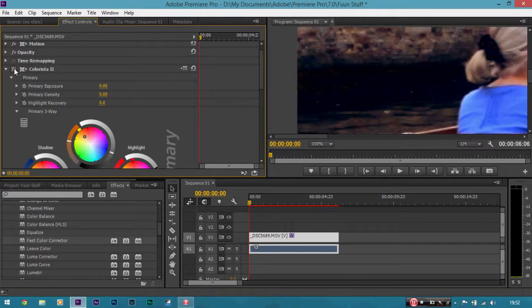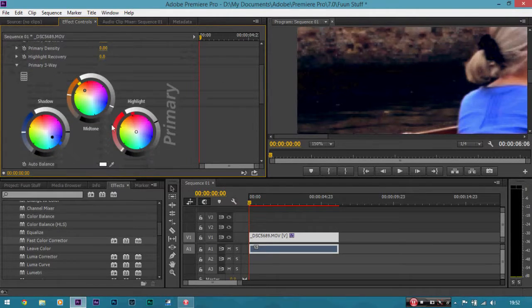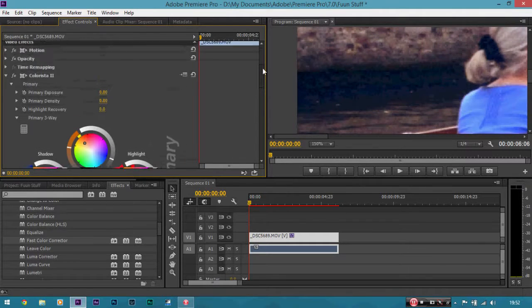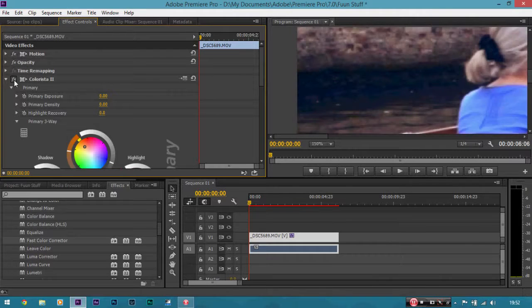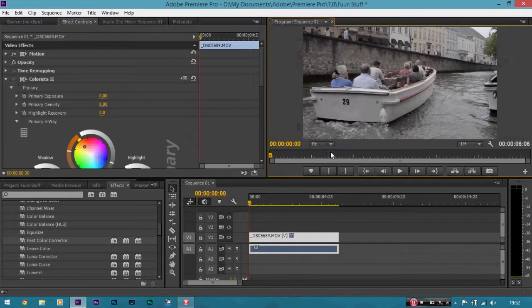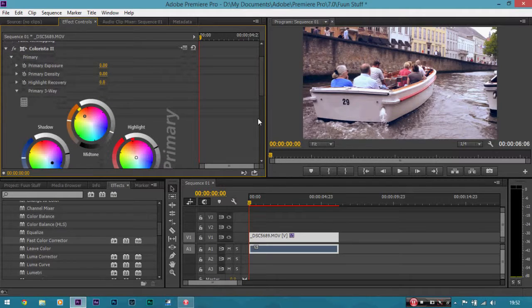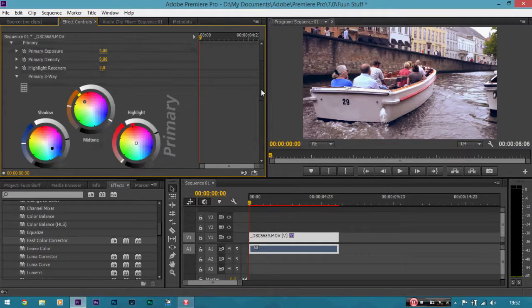We don't want to lose the detail, so what you can also do is bump the exposure up in the shadows a bit, and see that's coming back again quite nicely, and we've got the detail back from how it used to be. There we go, toggle, it's back how it used to be now. So if you want to get back to the same zoom, go back to fit, and I'll toggle our settings back on again. But we have lost a bit of contrast, so remember what we did to add contrast? Simply go to the mid-range and take it down again, and we've still got the full dynamic range